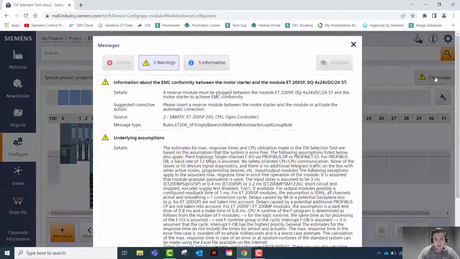So let's go and have a look at that error message. And it talks about conformity. It says EMC conformity between the motor starters. So by a rule, you're supposed to have all your I/O to the left-hand side of your motor starters. You can't sandwich motor starters in with I/O. And then once you've built up all your I/O, you've got to have a space between your last I/O module